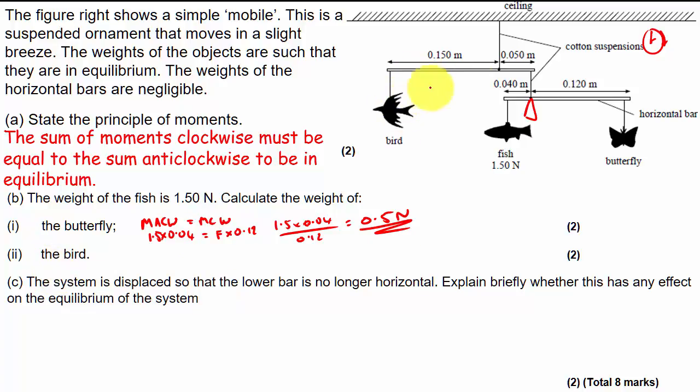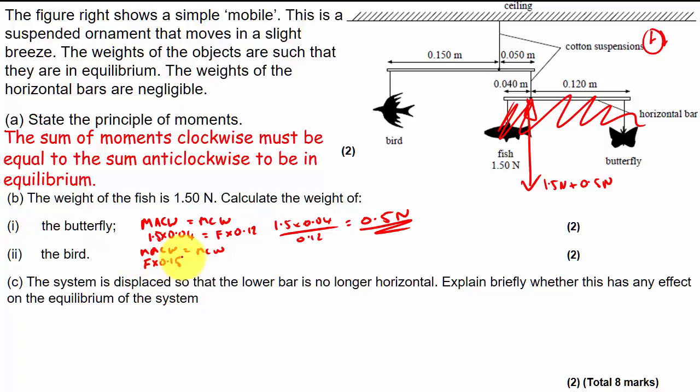Alright, so here we have the bird, and we've got all this stuff here attached by this string. So I'm just going to pretend that all this stuff is just one weight acting down of 1.5 newtons plus 0.5 newtons, so 2 newtons. Okay, it's acting as though it's acting from this single point here, because that's basically what it's doing. Okay, so again, moments anti-clockwise should be equal to the moments clockwise. I've got one anti-clockwise moment, which is the bird. So it's the force of the bird, or the weight of the bird, times the distance of the bird, which